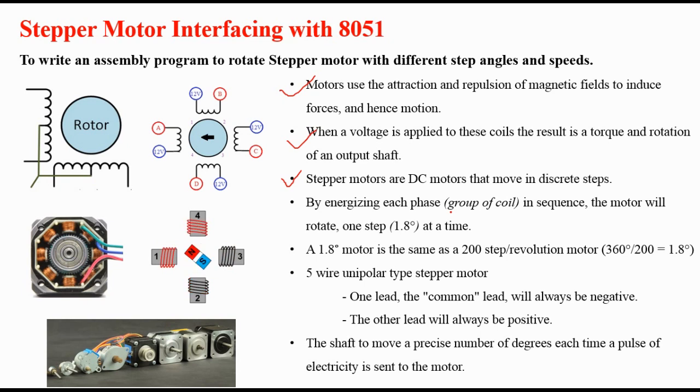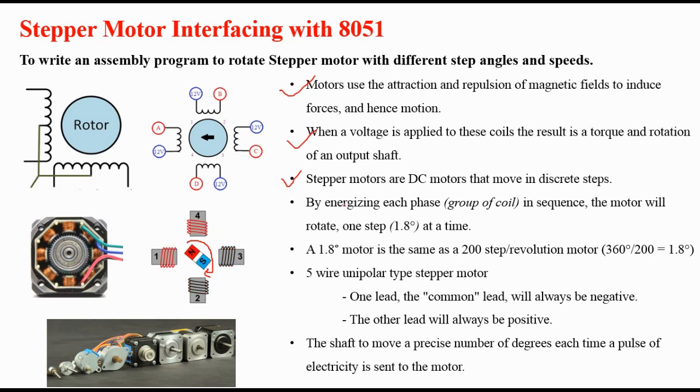So those motors rotate continuously. Or you might have observed the rotation of the fan in your house. It keeps on rotating continuously. But in case of this stepper motor, those motors do not rotate continuously. It rotates with some discrete angle. Here you can see this shaft keeps on rotating with discrete steps and not continuously.